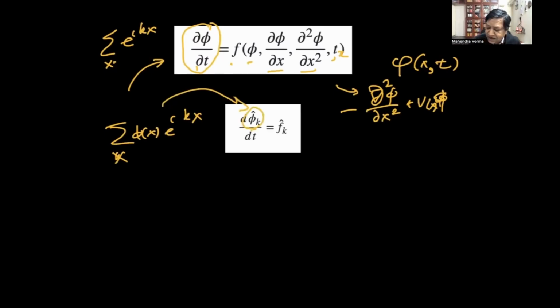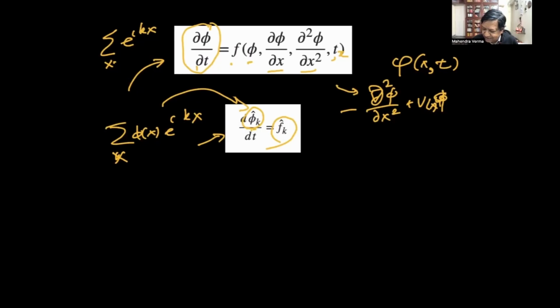On the right hand side, f is some function, and its Fourier transform is f hat k. So that's what we will get for this one k. Now we can do it for all k's, all wave numbers of the box, and this is the general equation. Of course, k can be whatever is allowed for that box. I hope this is clear. This is a standard thing which I did in my computational physics course, and I'm sure you've done it elsewhere as well.